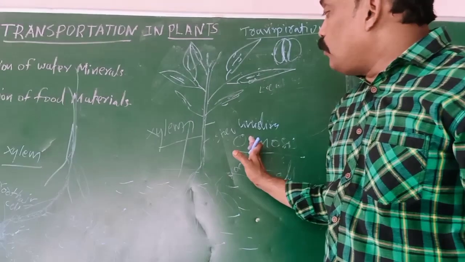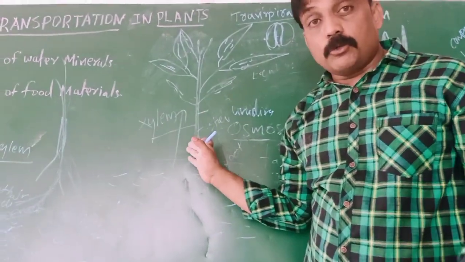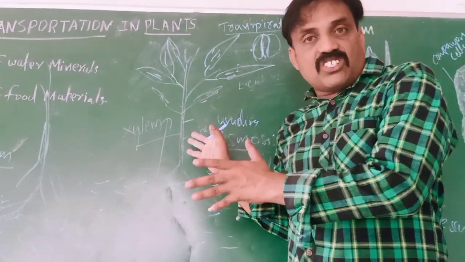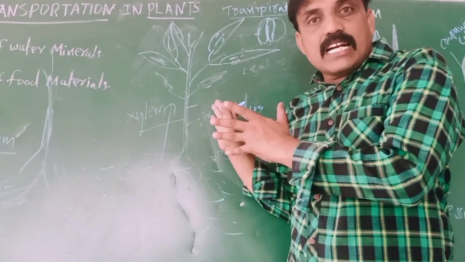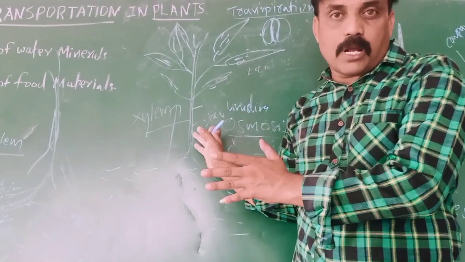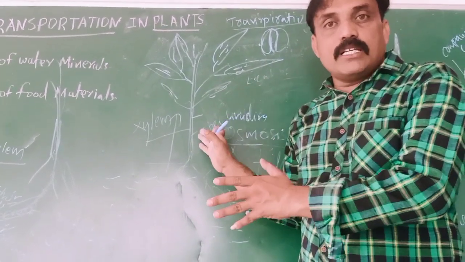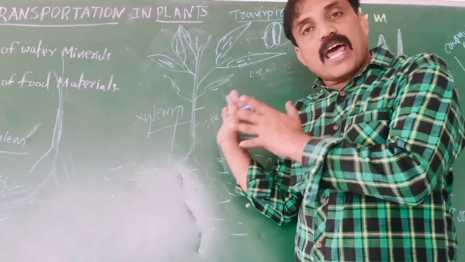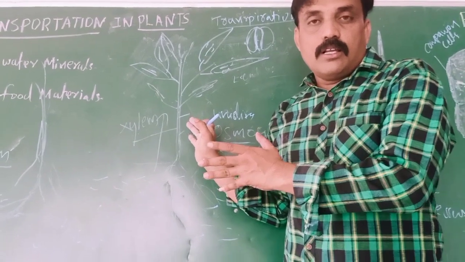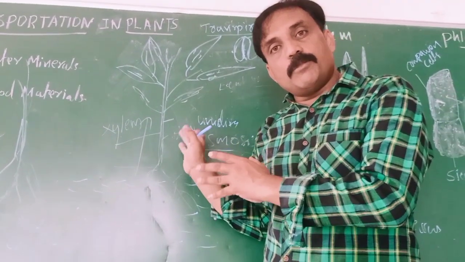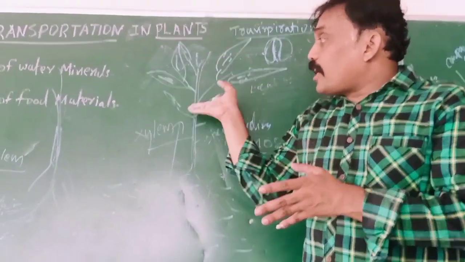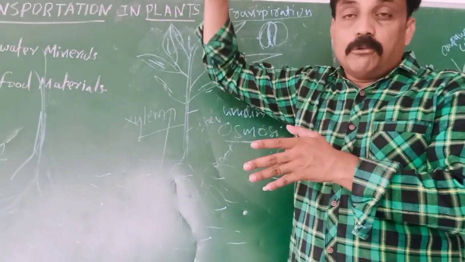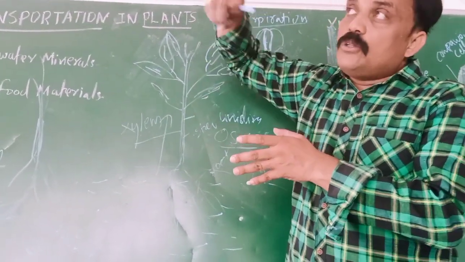Okay, not only xylem. Xylem is just a conductive tissue. This conductive tissue consists of 4 types of cells: xylem vessels, xylem tracheids, xylem fibers, which are supporting, and xylem parenchyma, which is storing. Xylem parenchyma is the living cells, remaining cells are dead cells. It is useful to transport, just like pipelines, conductive tissue. It conducts throughout the plant body.